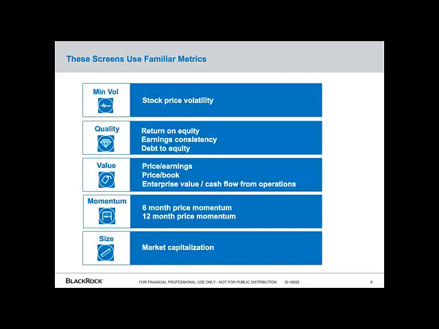These concepts, though, are not just vague, intangible theories. You can create very concrete and intuitive screens to identify stocks with particular factor characteristics. As an example, identifying value stocks based on price multiples or quality stocks based on the stability and consistency of their earnings over time. These screens have long been utilized by active managers, and smart beta simply leverages that concept to deliver, in a low-cost fashion, exposure to these beneficial tilts in a portfolio.